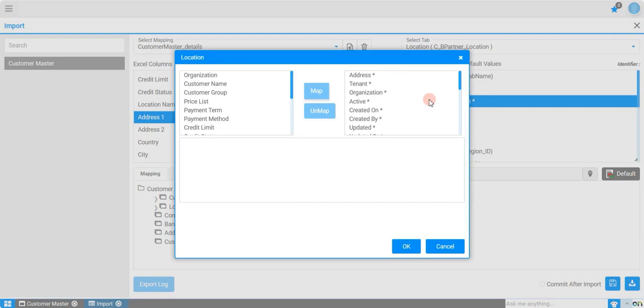These address fields are part of that pop-up, which is why they are not displayed directly under the Location tab mapping area. By clicking on the address column, a pop-up window will appear. In this pop-up, we need to map the Excel columns related to the address field with the corresponding database column. Just like before, the Excel columns are displayed on the left side, and the database columns are displayed on the